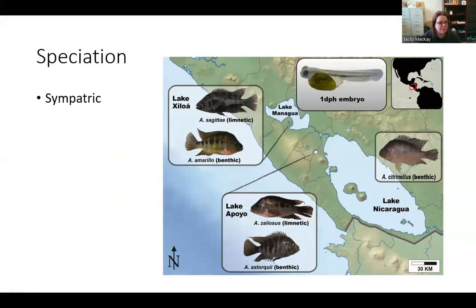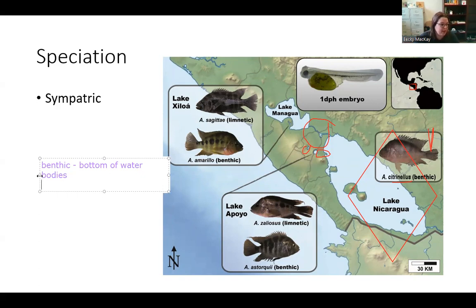And what happens is you have this big lake. Oh, I did not mean to make this a diamond, but here we are. We're going to go with it. You have this big lake, Lake Nicaragua. And through river systems, it is attached to Lake Managua, and when it's flooding, it's also attached to these other little lakes over here. So you have your original species, this citronellus fish, and it's benthic. And benthic means that it lives on the bottom of water bodies.